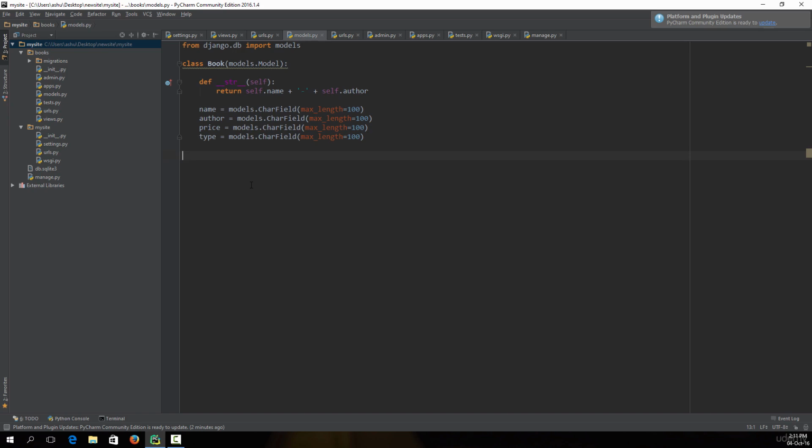Whenever you are developing complex websites, each website is going to have an administrator. What I mean by administrator is that, in this case, as we are building a bookstore, that is an online bookstore, there